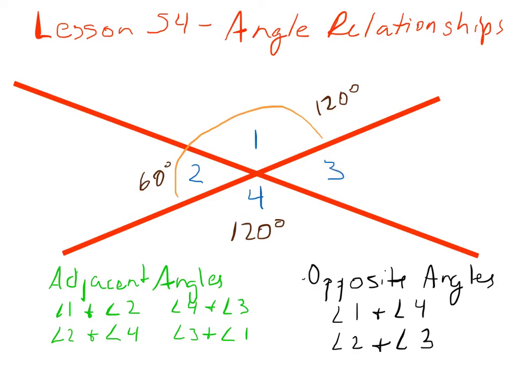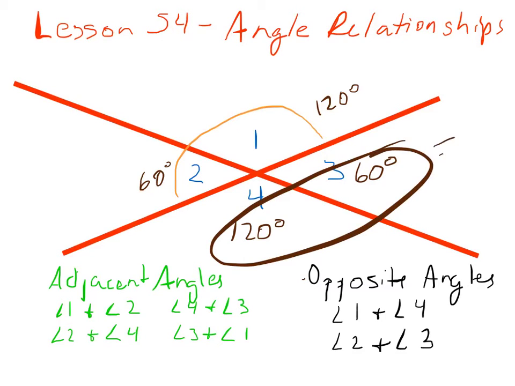With number 3 over here, we can say, well, we're adjacent with angle 2, so it'll be 60, or we want to use these two angles to make 180. So this one must be 60, and these two together, when they equal 180, they also have a special name,